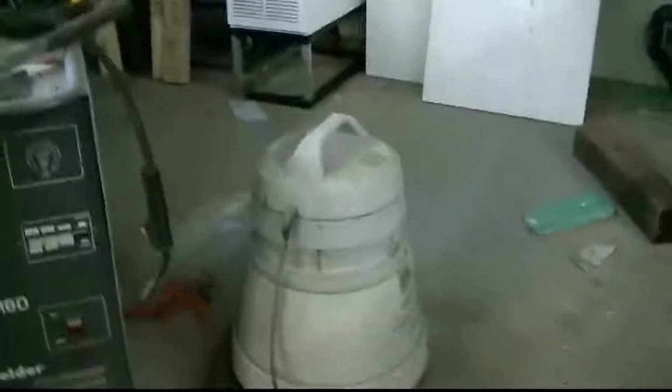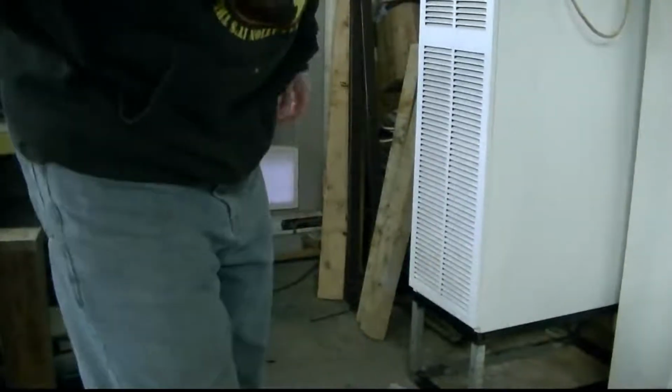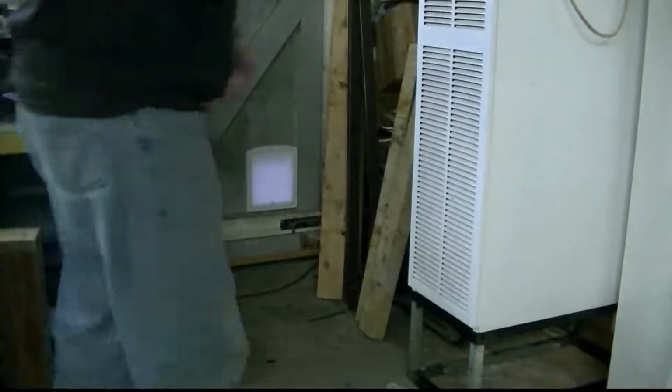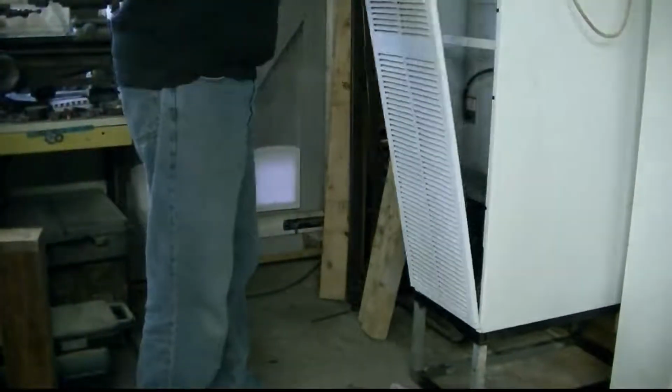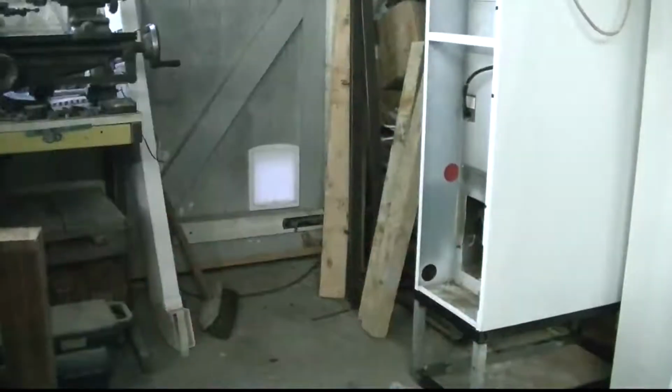Let me just set you up on the tripod here. Okay. Bloody picture keeps flicking off. In here we've got